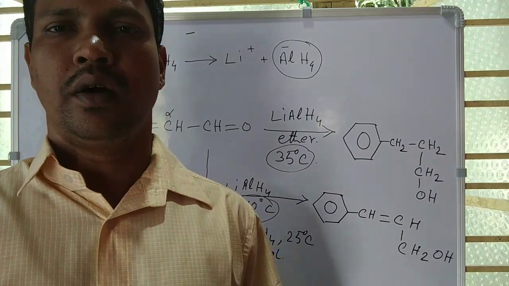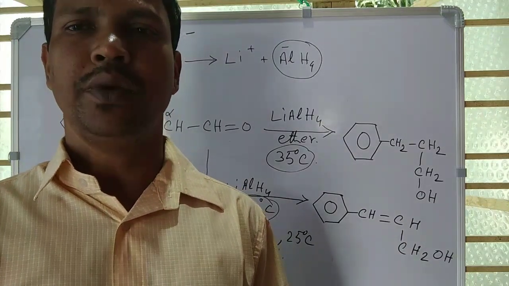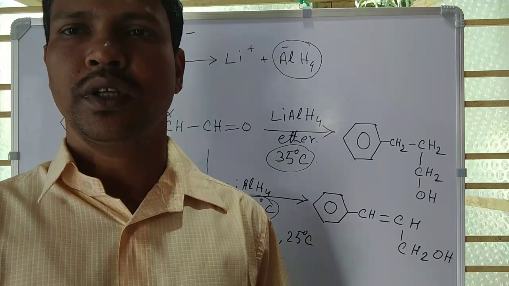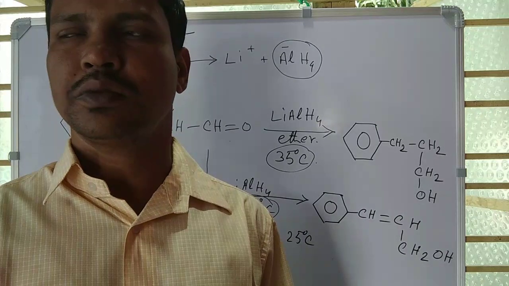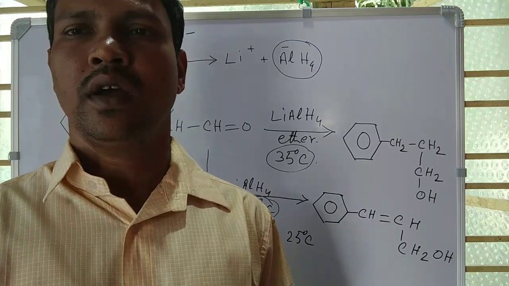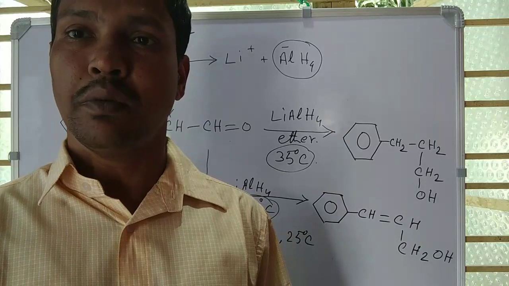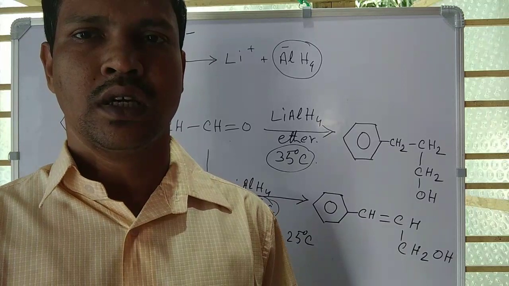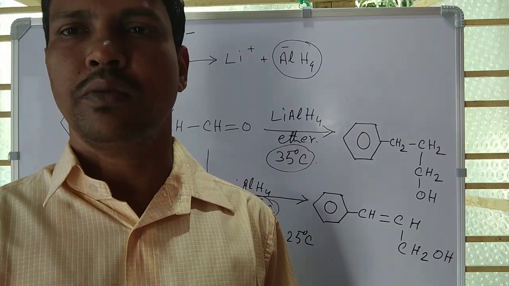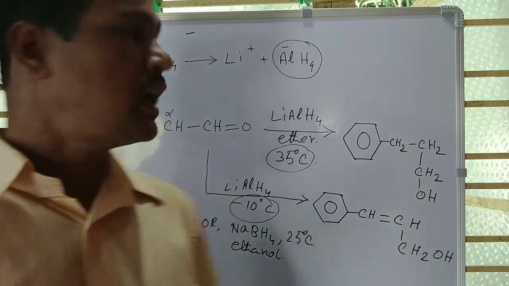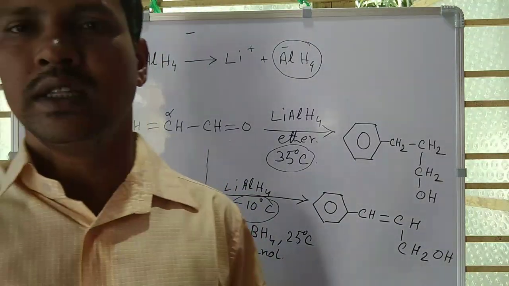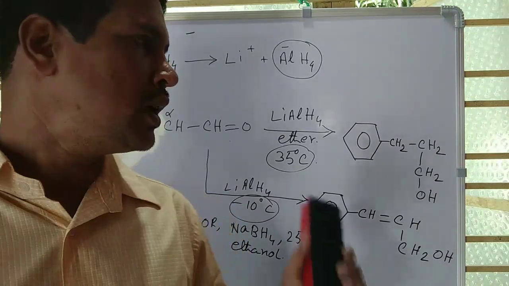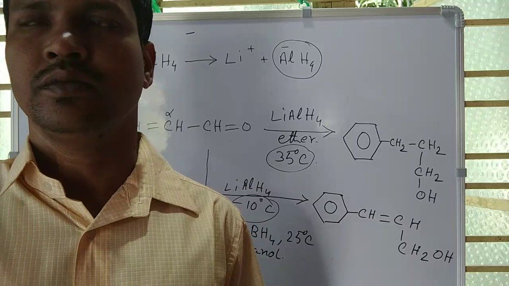So we see that lithium aluminum hydride and NaBH4 are hydride transferring agents used for the reduction of polar functional groups such as C=O, C≡N, as well as C=C or C≡C which is conjugated with the functional group, as well as some aryl part as we discussed here, because then that type of double bond is activated. So this is reduced with lithium aluminum hydride.